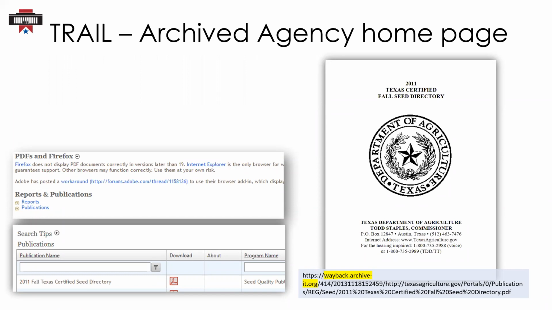The Texas Department of Agriculture has a link in their top banner to reports and publications. Let's see what is available. It looks like you can find a table that includes documents in downloadable formats like Word, Excel, and PDF. Clicking on the PDF icon for the 2011 Texas Certified Fall Seed Directory pulls up the document. To confirm it's captured in TRAIL, you can check that the URL includes